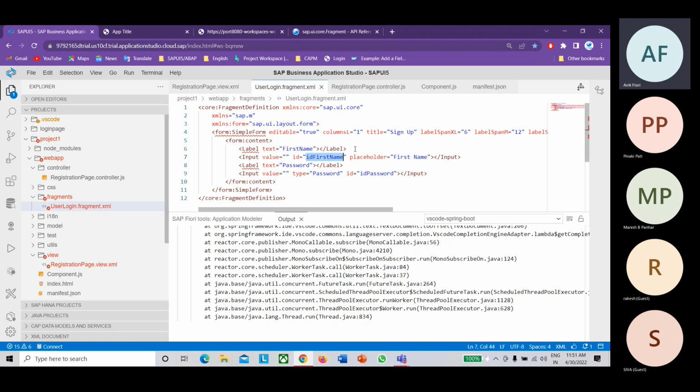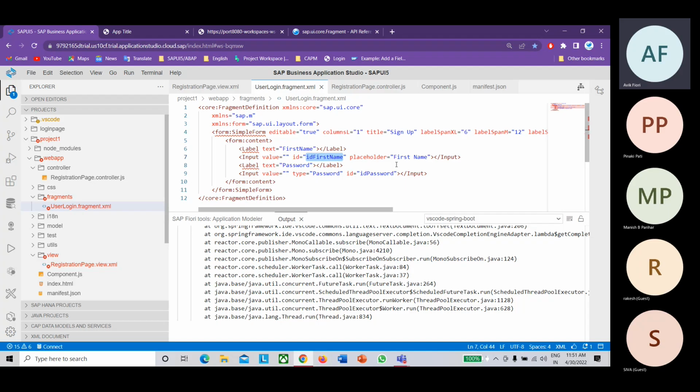Now you go to the login page and load this fragment again. What will happen? You will get a duplicate ID, because the ID first name is already loaded and available inside the view, and for the next view you're loading the ID first name again. So these two IDs are already available.